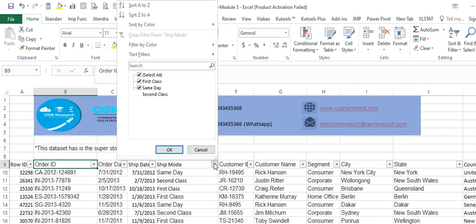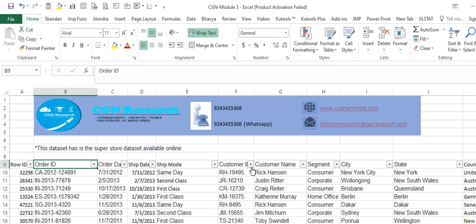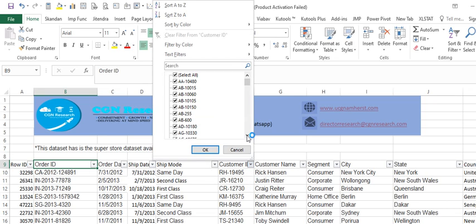For the shipping mode, you have first class, same day, second class, standard class. This is how you understand the pattern in the data. Even though there is a huge data set, what the values are in a particular column is something you can understand by putting the filter on. Then the customer IDs: again, this is an ID, so it is going to be unique. So you will have a number of IDs equal to the number of records, and there cannot be repetition in an ID. You will have a huge number of values equal to the number of rows.